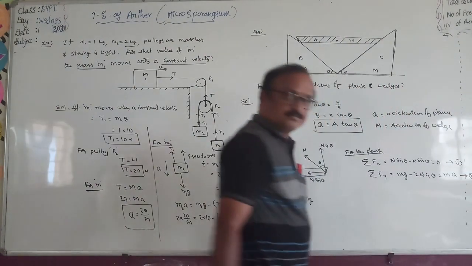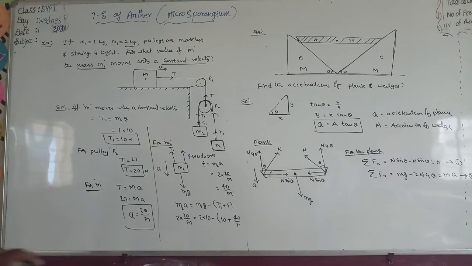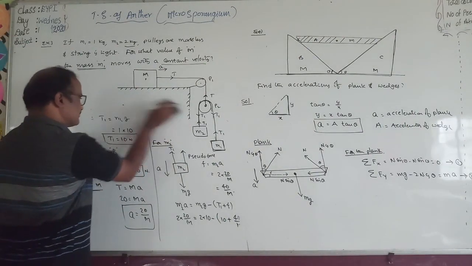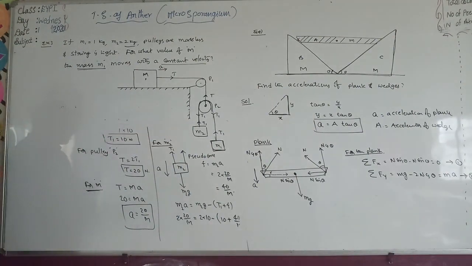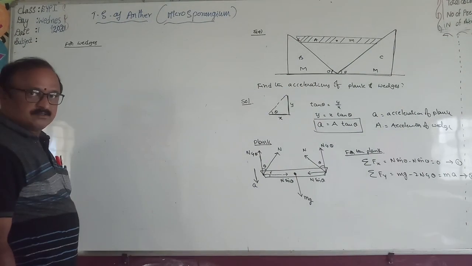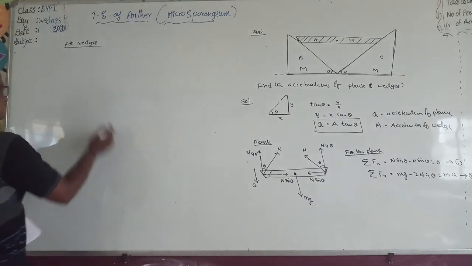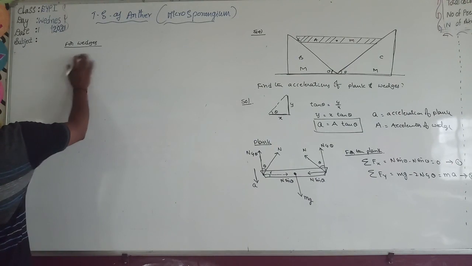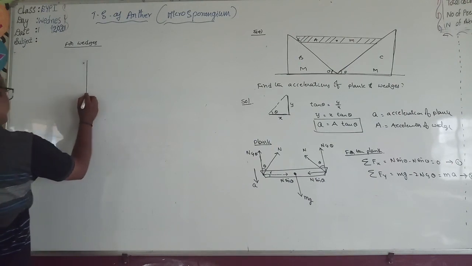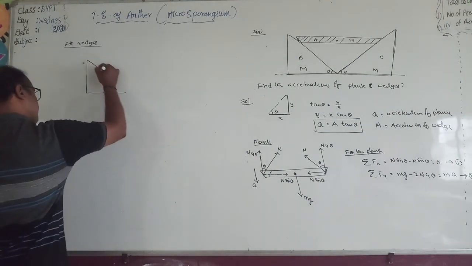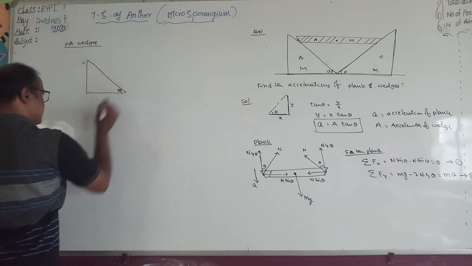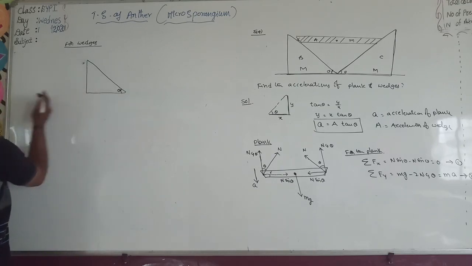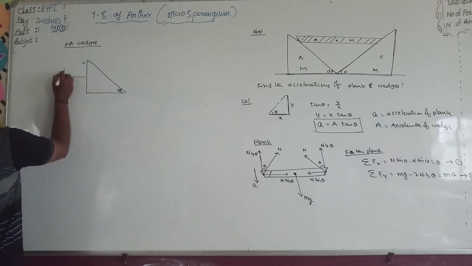This is equation 2. Next, write down the free body diagrams corresponding to the wedges. Next, for the wedges, observe B. This is B, no? It has the angle of inclination theta. As the plank moves downwards, this wedge B moves like this. Its acceleration is equal to this capital A.